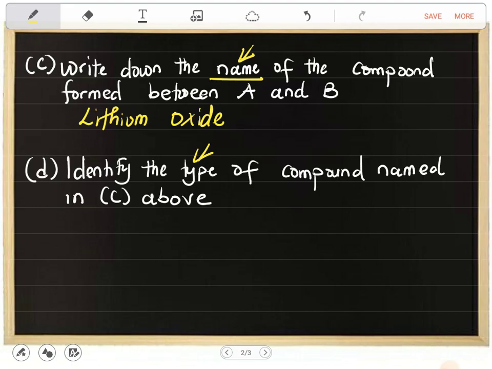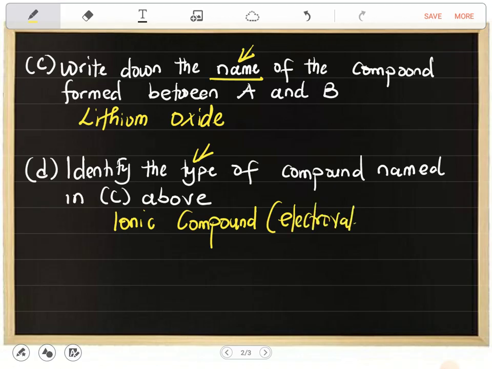So, whenever you have a metal and a non-metal react together, you form ionic compounds. So, this one is an ionic compound. We can also write electrovalent compound because it involves the transfer